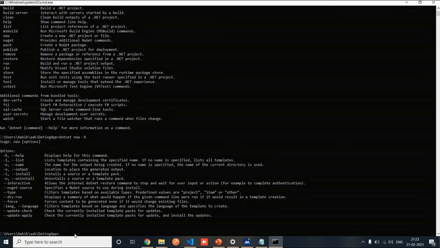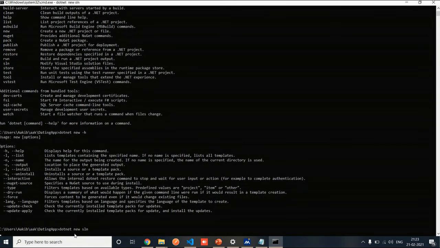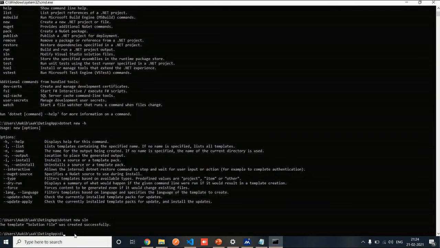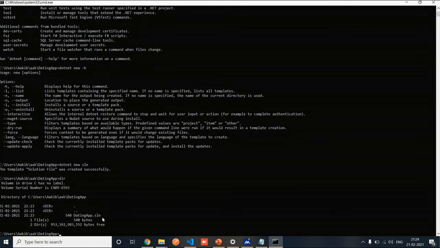So what we'll do first of all is create a new solution file, and we'll say dotnet new sln. What this will do is take the name of the containing folder as the name it will call the solution file. If we list the contents with dir on Windows, we can see that we have a solution file, and this can be used to open up our project in Visual Studio. Visual Studio Code usually just uses a folder to open a solution rather than a solution file, but other IDEs such as Visual Studio or Rider can make use of a solution file.